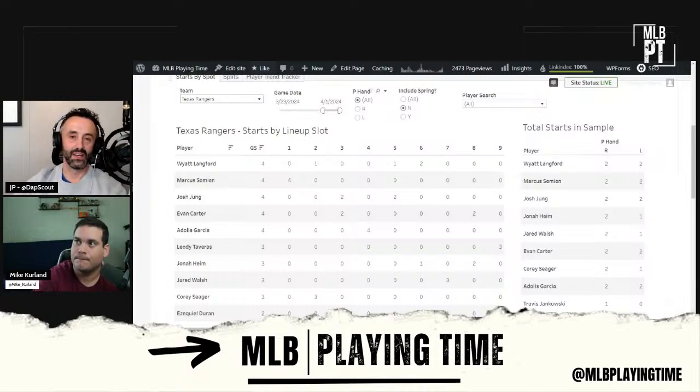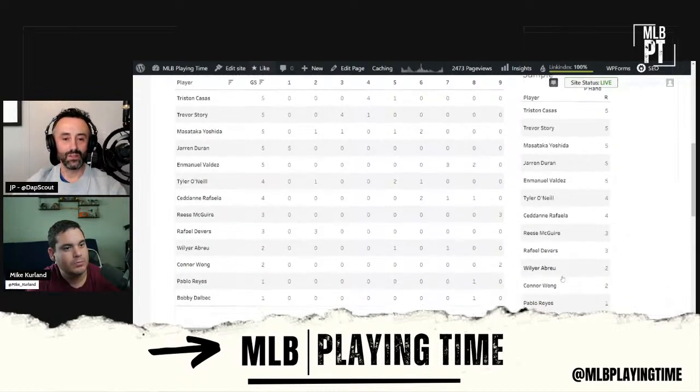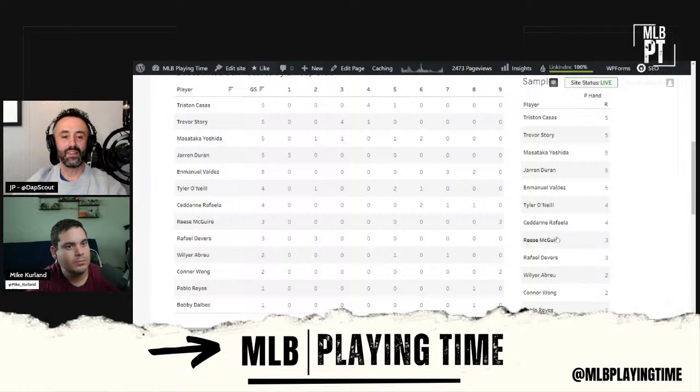So the Red Sox had Rafaela make the team, Zidane Rafaela, who was one of their top prospects, and kind of glove first there. But people were worried about Duran. I mean, Duran was getting moved over, but was that also then going to be a situation where everybody's playing? How, and Yoshida and O'Neill, how is that outfield kind of shaken out with playing time there?